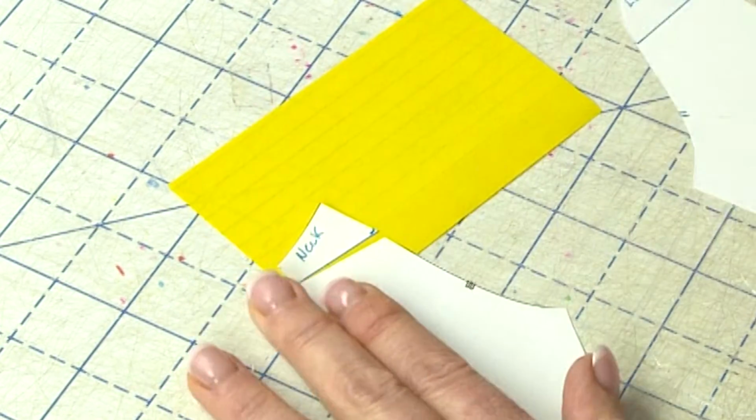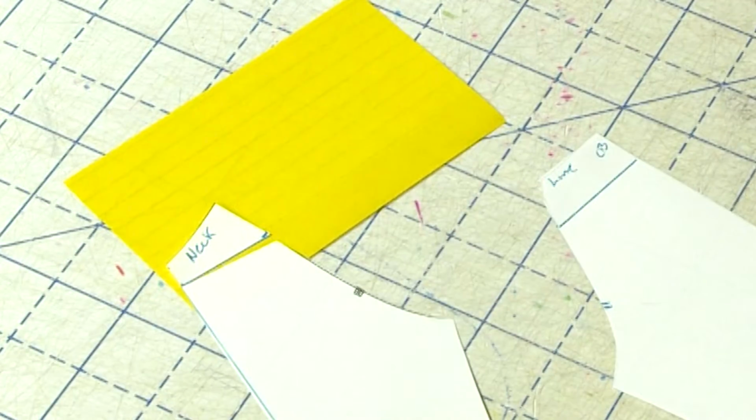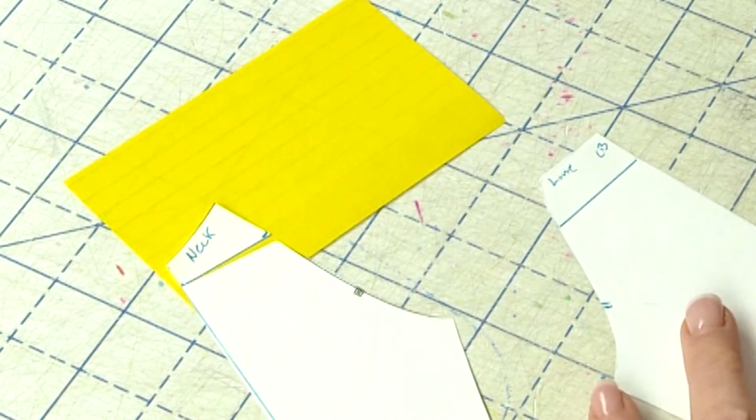I'm just going to leave it there. Now, what you're going to want to do is see how much your back neckline is drooping or not reaching up to the base of your neck. That's how much you're going to want to spread the back raglan pattern piece. So let's say you measure and it's an inch. What you're going to do is cut this